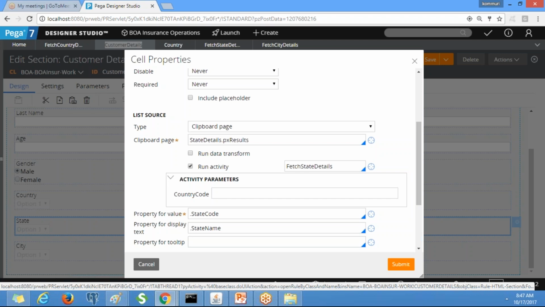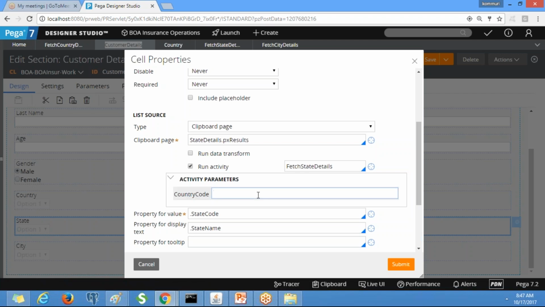At that time we hadn't defined any parameter, but now we have defined the parameter, so you see it is expecting that country code value. It is up to you: if you need it you have to pass it, and if you don't need it you don't have to. But we need it, because we need to restrict the states based on the country. So whatever country you select, that country code will be passed as a parameter to the state's activity.